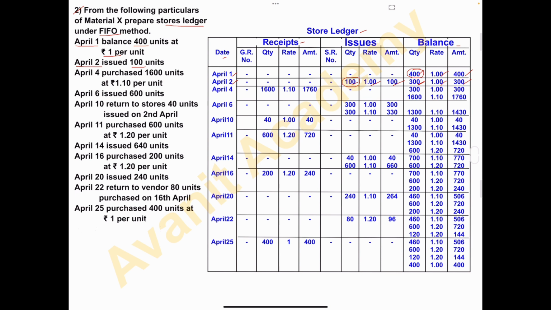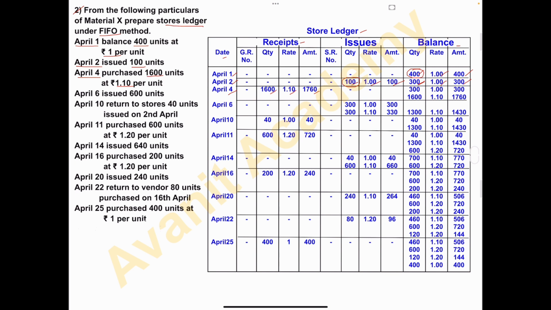300. April 4th, purchased 1600 units at rupees 1.10 per unit. Purchase of goods will write in receipts column, April 4th, GR number nil. So how many units are purchased? 1600, right, here in quantity. And the rate per unit is 1.10. Multiply this, 1600 into 1.10, and the amount is